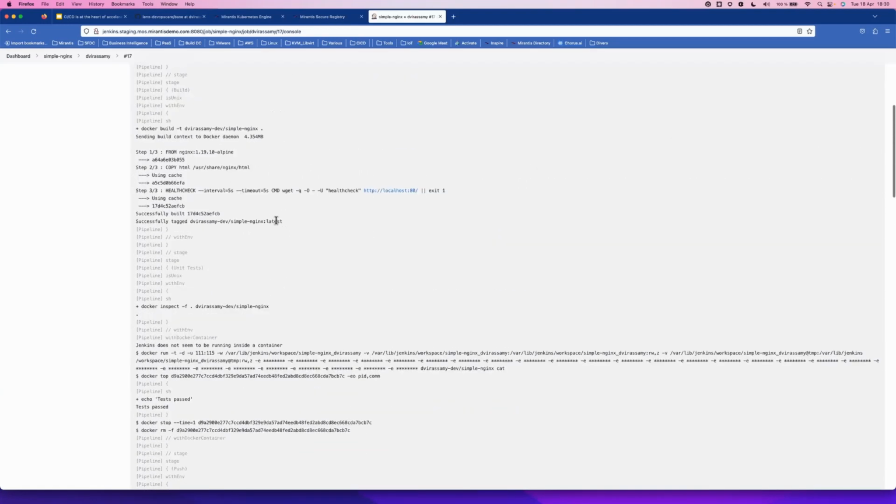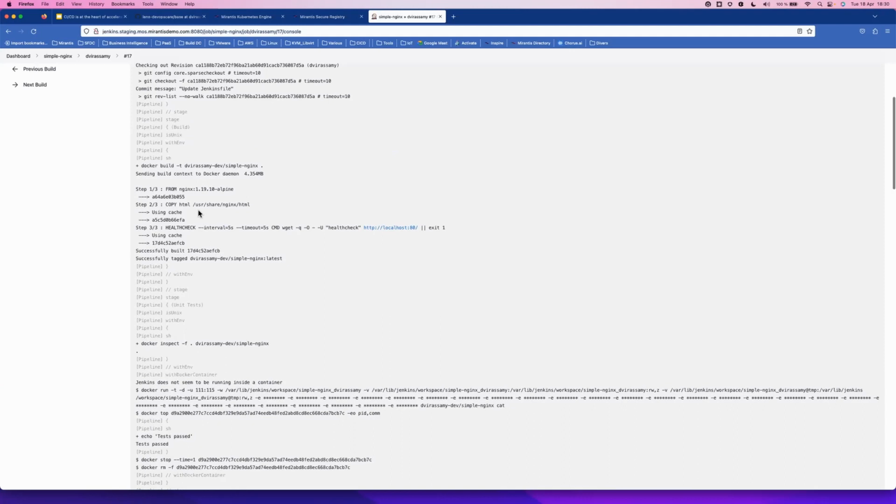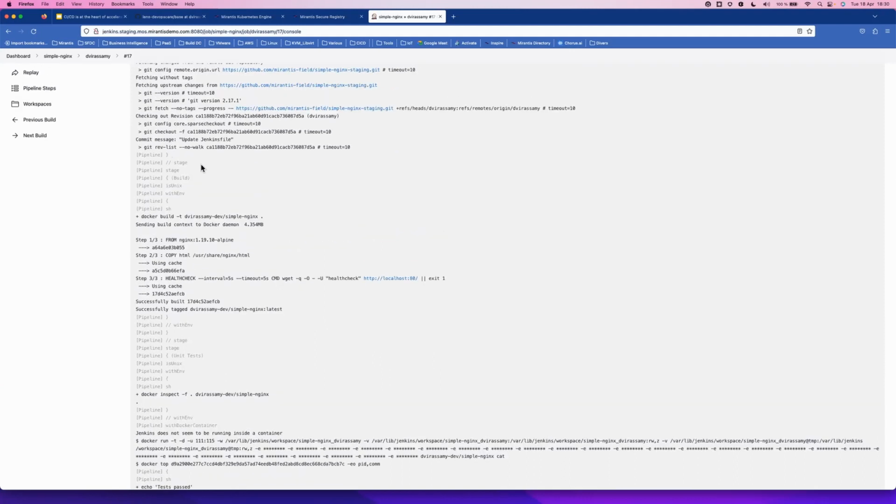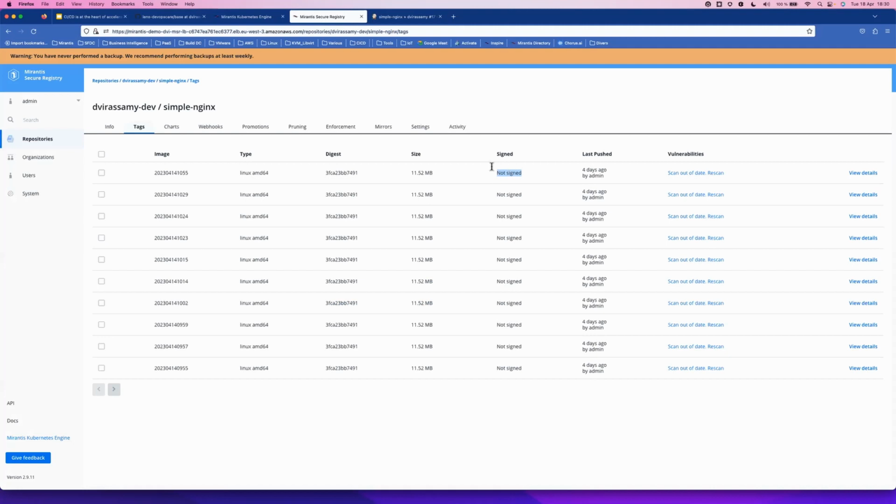Before I tag and push, I would have Docker sign my image with the proper private key. And I would have pushed an image that would have been signed, right? And then I define my promotion rule, and then it gets promoted to the proper production